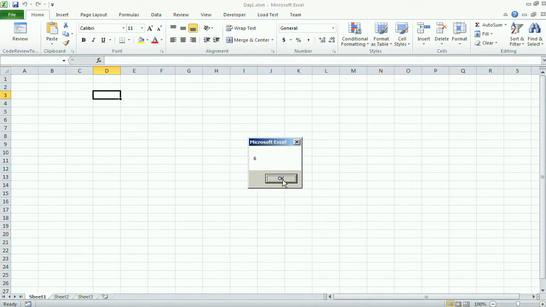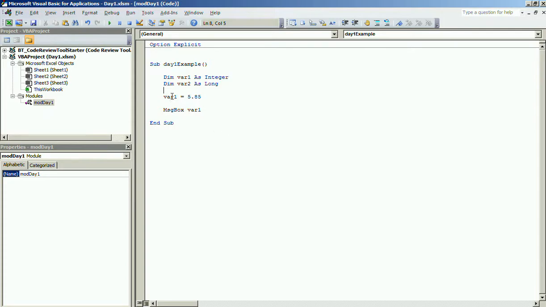This feature in VBA is called implicit data type conversion. It is a very important feature, and we will know about this feature as we go on in our later sessions. Now let us create another sub procedure, example 2.